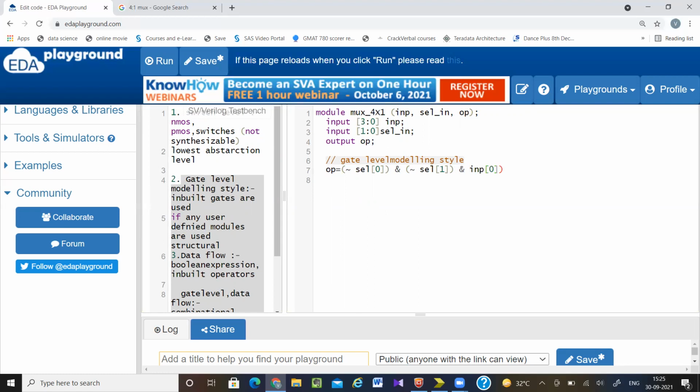So this means input of 0 equal to 1 and this select 0 equal to 0 and select 1 is equal to 0, then my output will be equal to 1. Or so there will be like these 4 conditions.